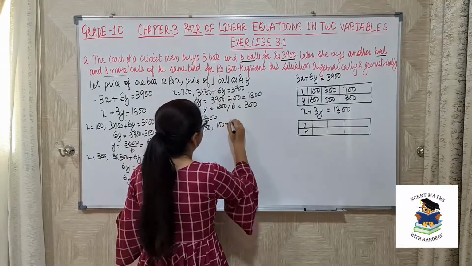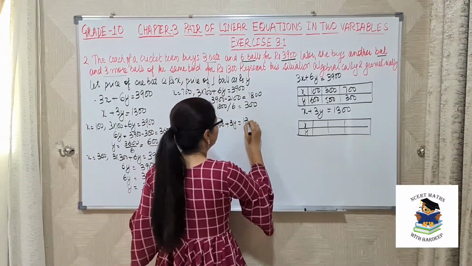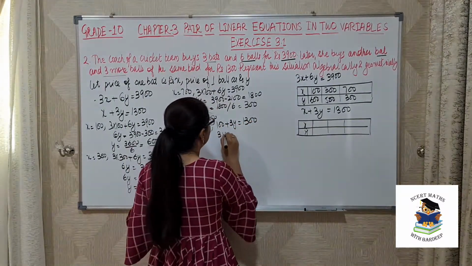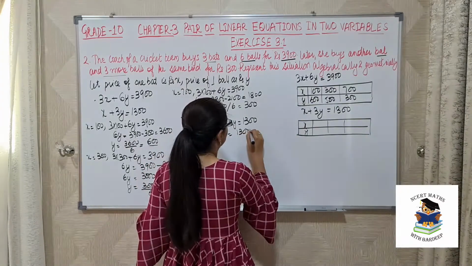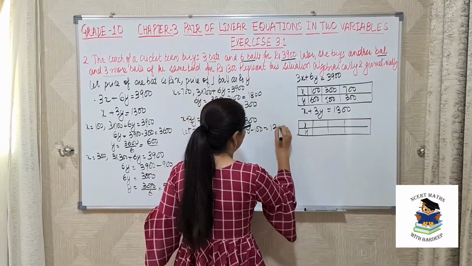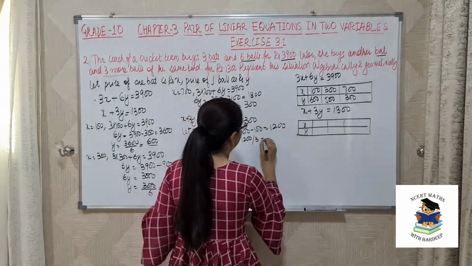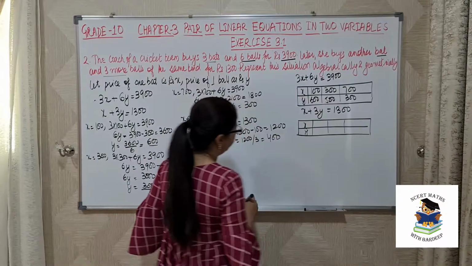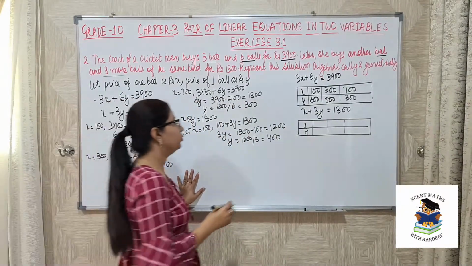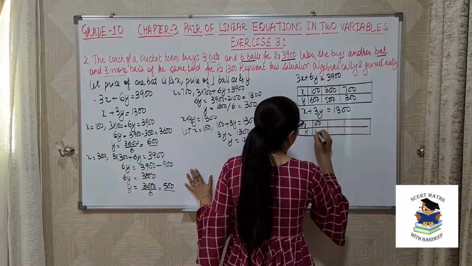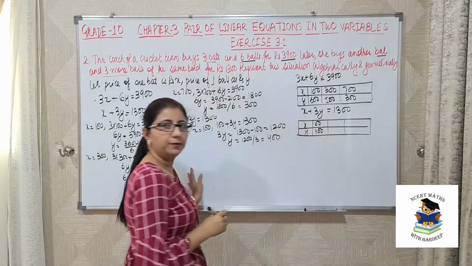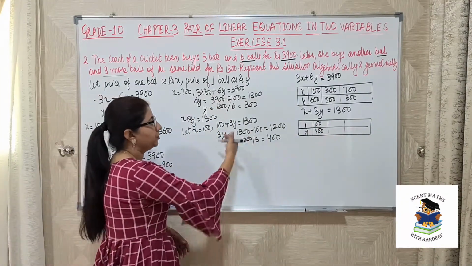So 100 plus 3y is equal to 1300. So 3y is equal to 1300 minus 100 as 1200. So what is y? That is 1200 by 3, 400. So my first point is